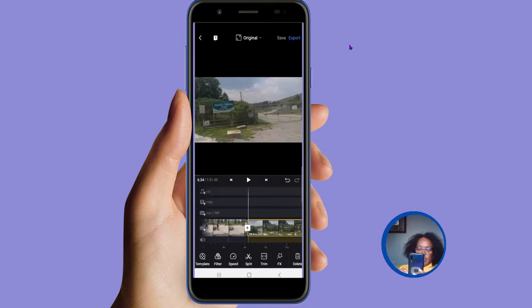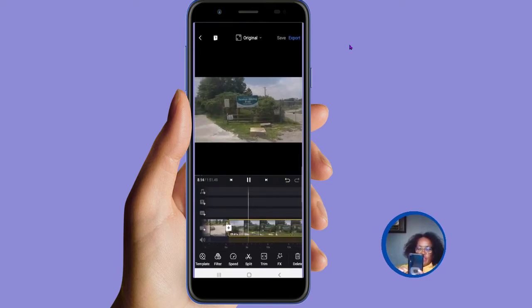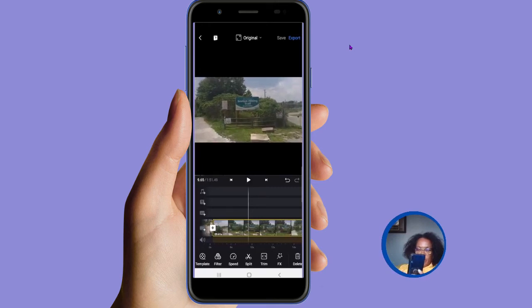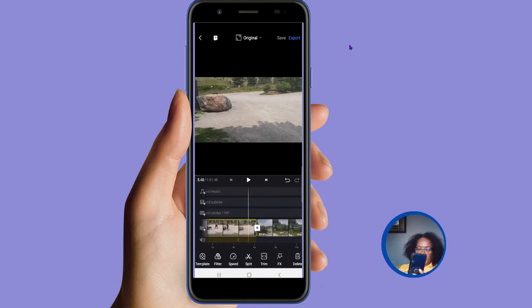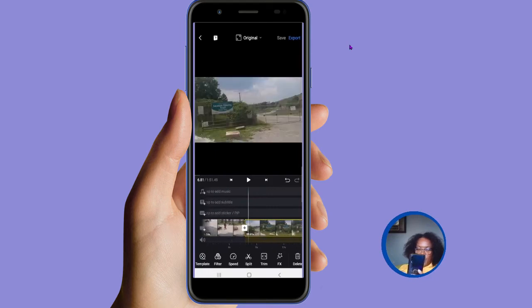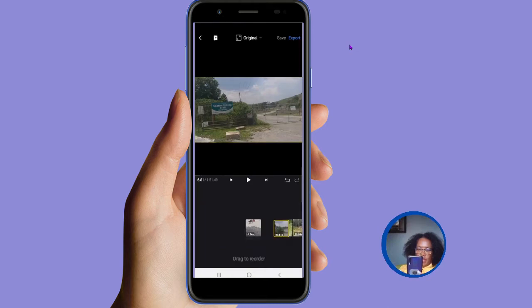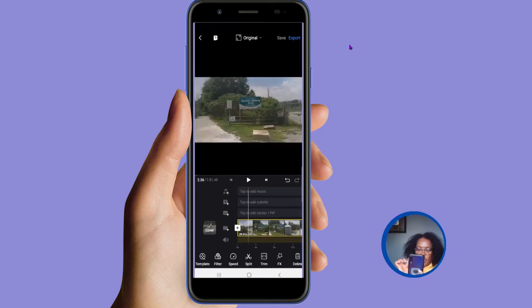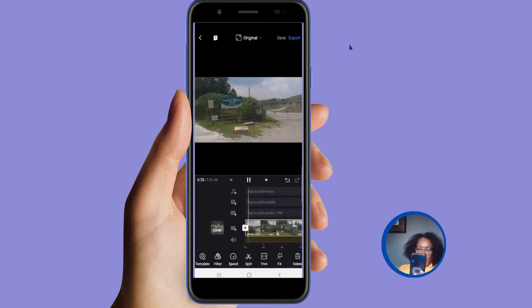I can move this clip. What I want is, if you play it, it says where I was. So I'm going to take this clip and move it in front, put it to the beginning. I'm just going to pinch it a little bit so it's more manageable. Hold it with my finger, move it in front. So I'm dragging and dropping. Now that should be at the beginning